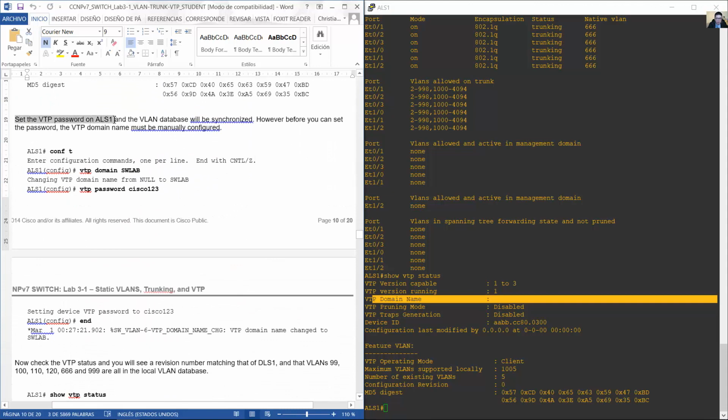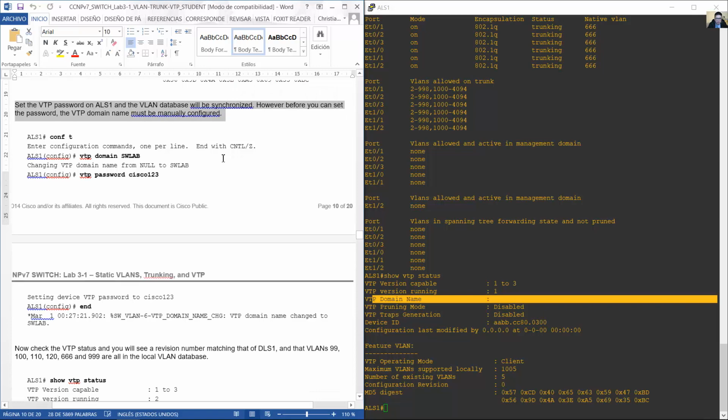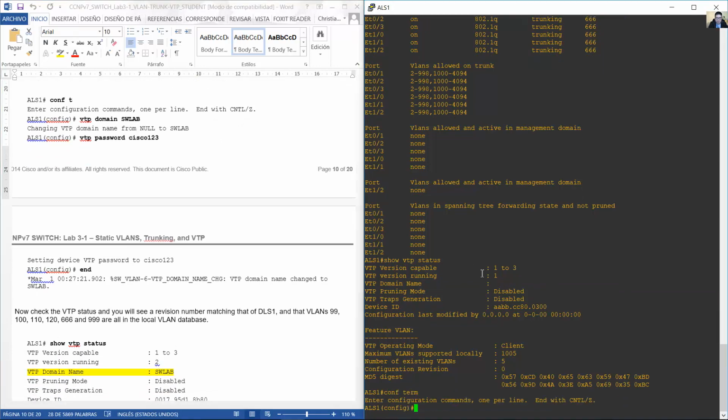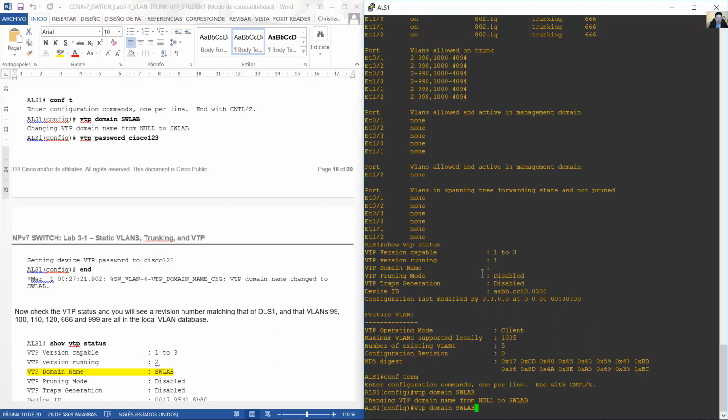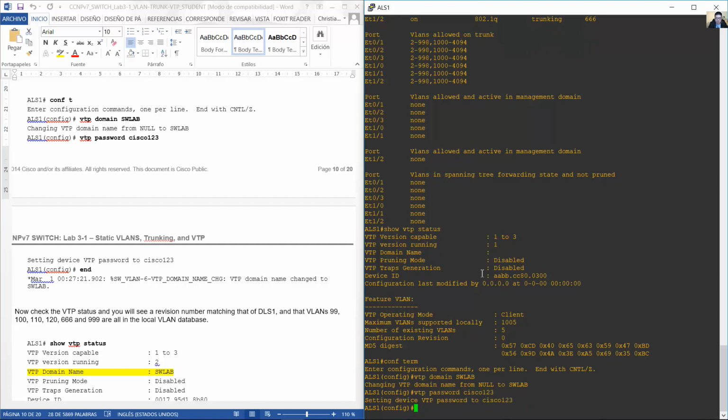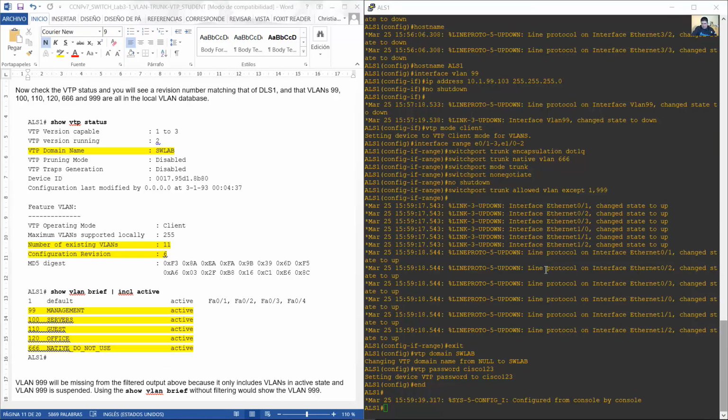Okay, now set the VTP password on ALS1 and the VLAN database will be synchronized. However, before you can set the password, the VTP domain name must be manually configured. Okay, configure terminal, VTP domain SWITCHLAB in uppercase, and VTP password Cisco123. And now check the VTP status and you will see a revision number matching that of DLS1